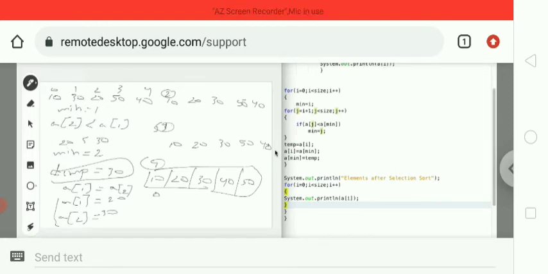If the condition is true, the value stored in a of 1 will be printed. So in a of 1 20 is there. Like this all the values, that means 5 elements, will be printed in sorted order. So in this way we can assign the specific elements. I hope you understand this topic. Thank you.